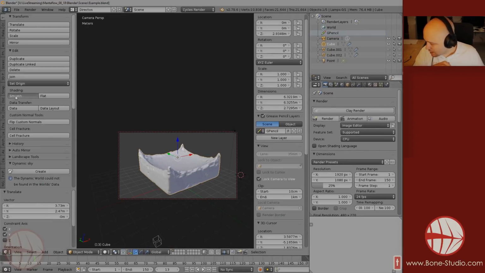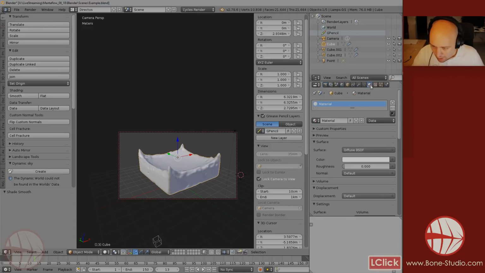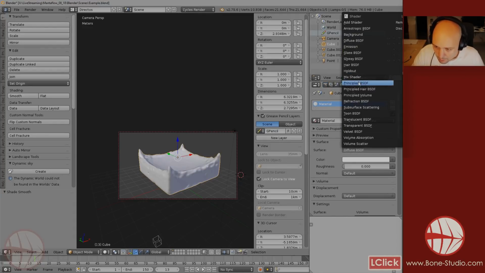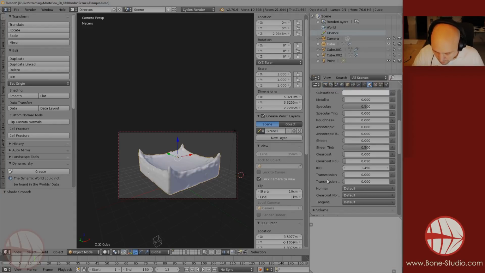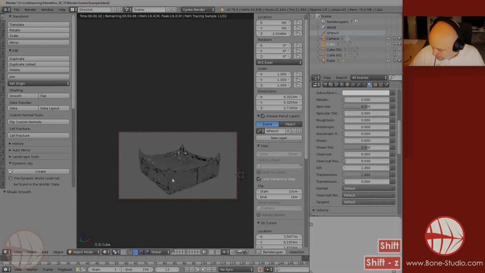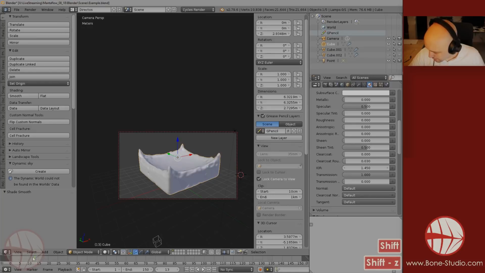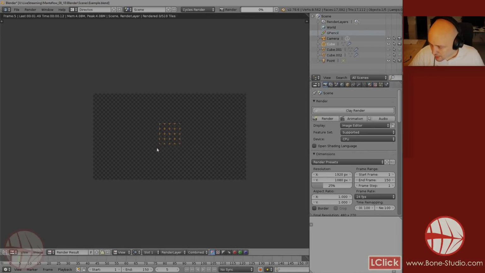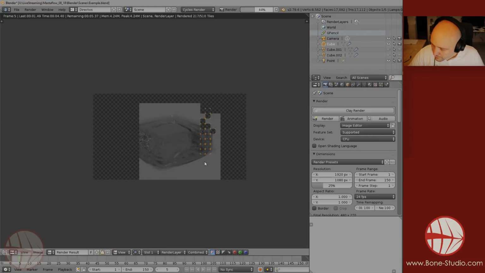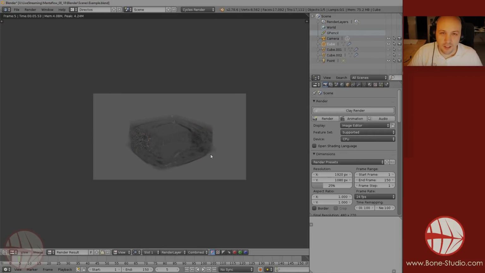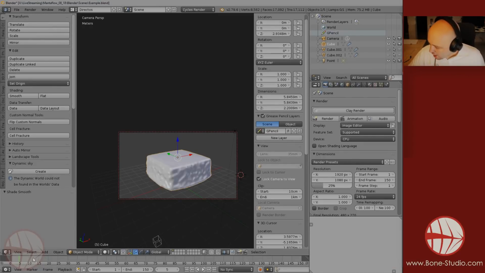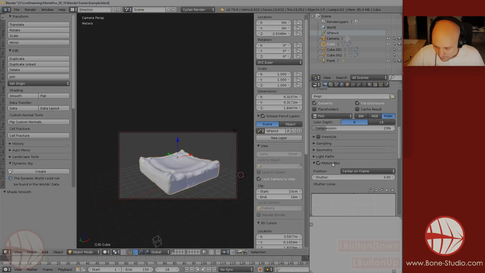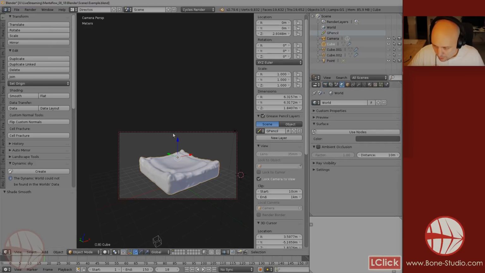Now let's smooth this. Let's use Principled BSDF with transmission at 1. Okay, much better, I think. Let's test this. Remember, I exaggerated the motion blur. Okay, we have this. I'm going to disable motion blur, and I'm going to use